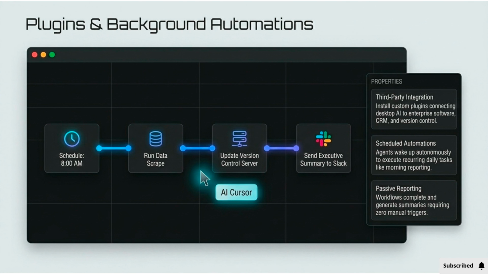Generation 5.5 goes beyond one-time tasks by supporting recurring background automations. Through plugins and integrations, the AI can connect directly to enterprise systems, CRMs, communication platforms, and development environments. Scheduled workflows allow agents to wake up automatically, execute recurring operations, and generate summaries without human intervention. This creates a fully autonomous reporting and maintenance ecosystem. Businesses benefit from continuous productivity because routine operational tasks happen automatically every day, reducing manual oversight and improving consistency across